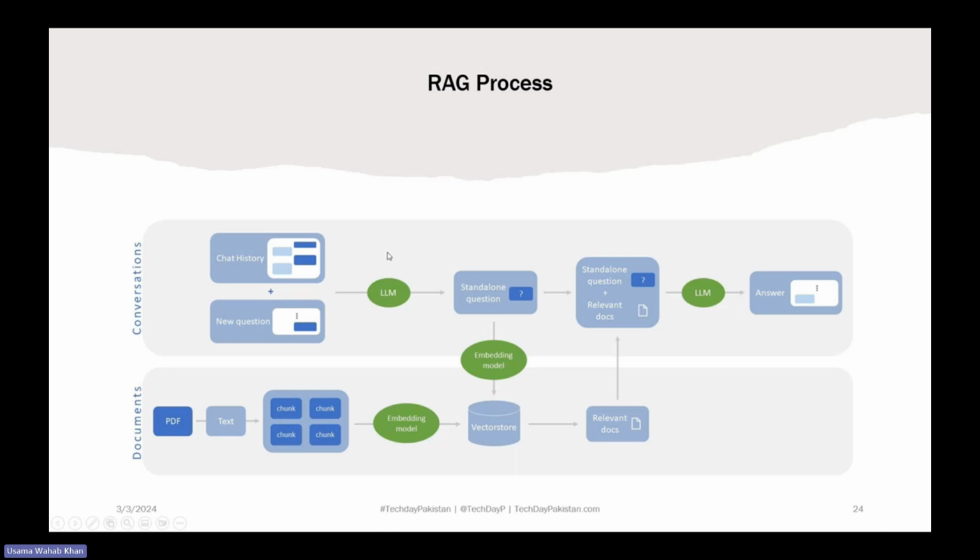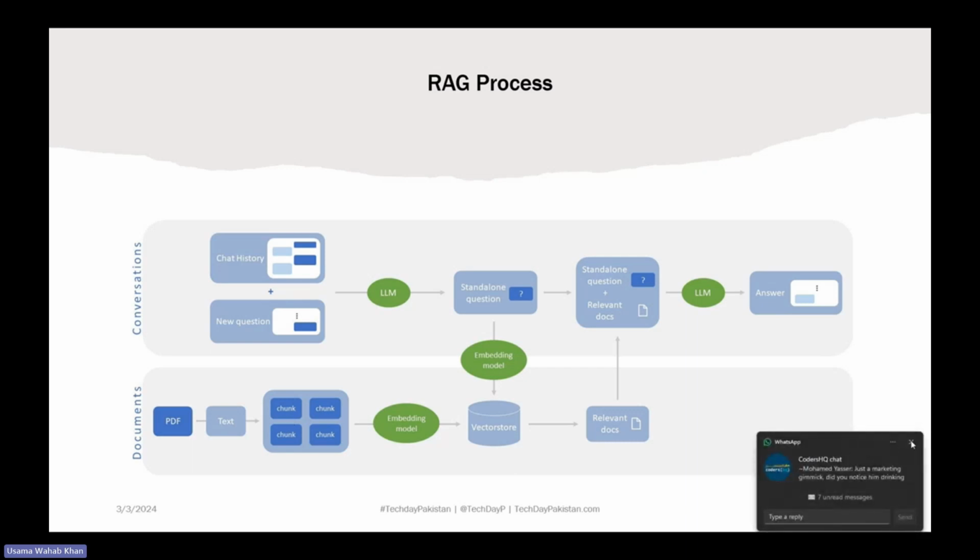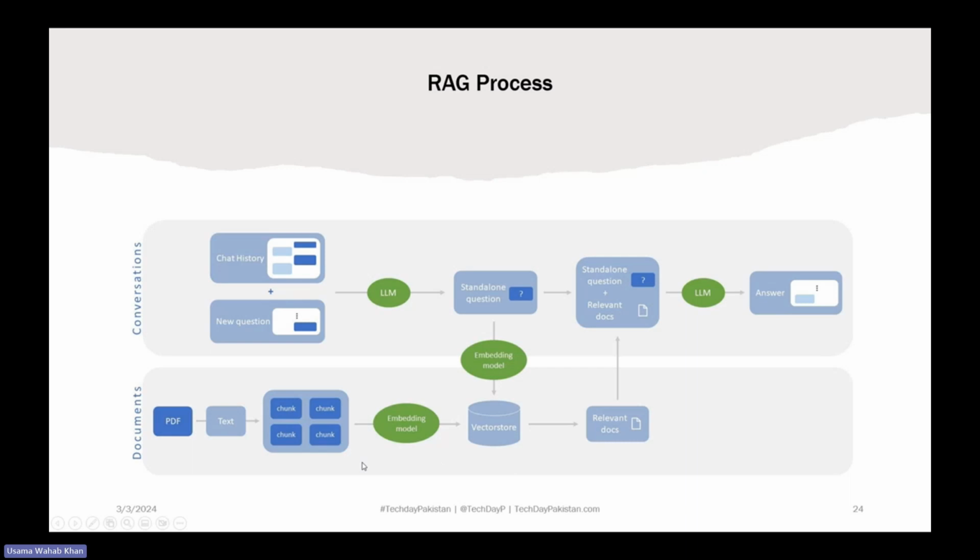And here is a very nice example of how the RAG process technically works. It's a two-part process. Part one is building a pipeline to store or create a vector index, which you can see at the bottom. You have your documents, which can be in blob storage or anywhere. Then you extract the text. If these documents consist of images, you might want to run OCR or something else to bring the text out of them. Once the text is out, you do a chunking strategy, deciding how small the chunks should be. It can really impact your implementation, your retrieval, and the accuracy as well. So you have to decisively analyze what size of chunk will be best for your needs.